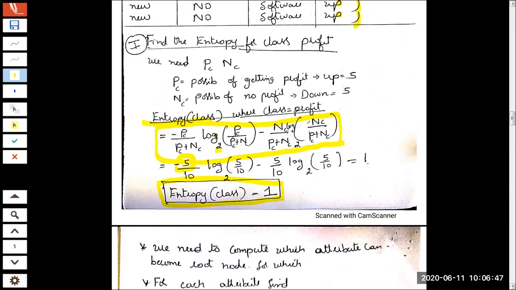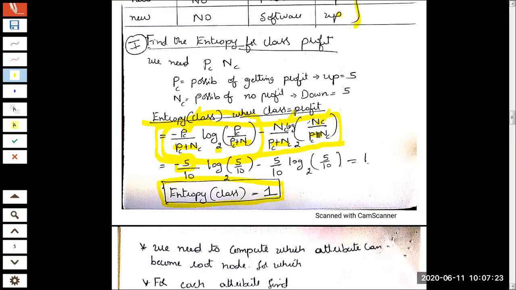So once again, the same PC will repeat inside the log factor. This was the first part in the model. In the first part we had taken PC as the numerator. In the second part, NC will become the numerator. There are no changes in the denominator; it is PC plus NC. Since you do not have any derivation, you will not be able to understand the significance of this model. At this point, we'll just use the model as it is, as a final outcome.